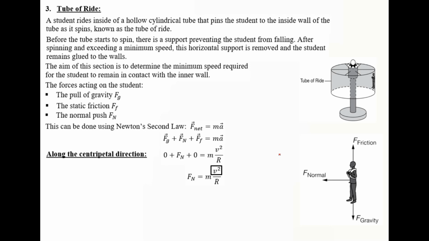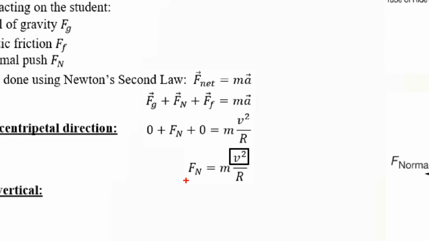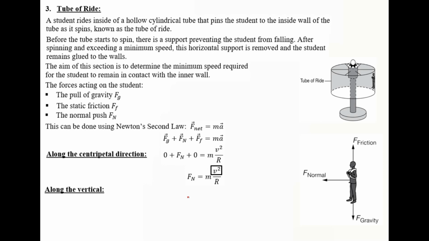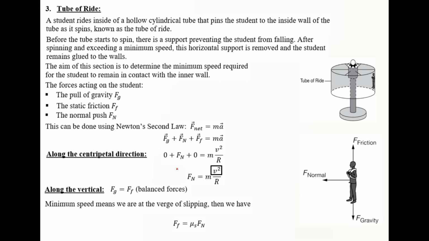Notice that we are interested in determining the minimum speed, but we have two unknowns, the minimum speed and the normal push. So the normal push can be determined by considering the vertical. In the case of the vertical, we can say that Fg equals Ff, the force of friction. These are balanced forces. Minimum speed means we are at the verge of slipping. So remember that the friction cannot be used as mu s Fn unless we are either at minimum or maximum, which means the verge of motion or slipping. Then now, because we are interested in determining the minimum speed, the friction can be replaced by mu s multiplied by Fn, which is mu s m v square over r,